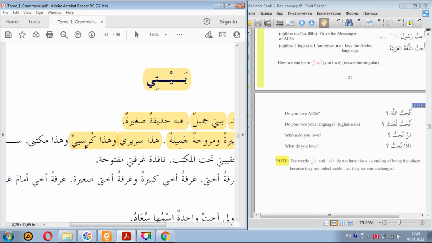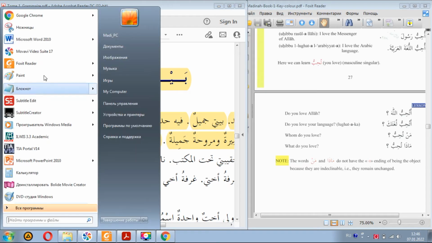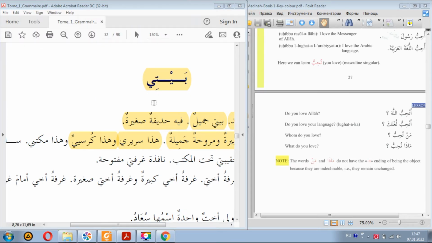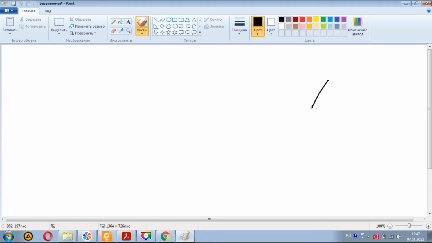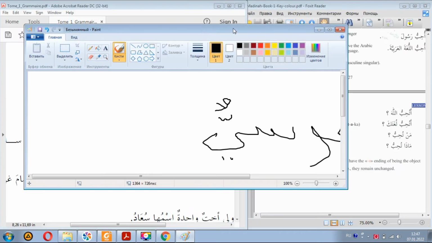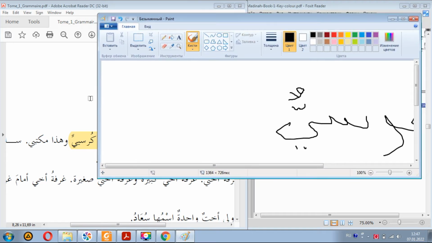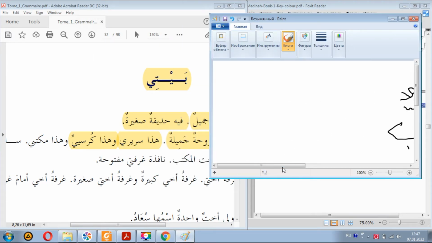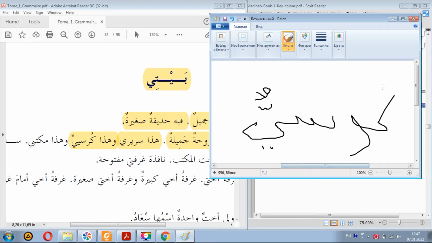You see, this kursiyun already has ya, kursiyun. It already has by default this ya, this shadda, and therefore when we added this